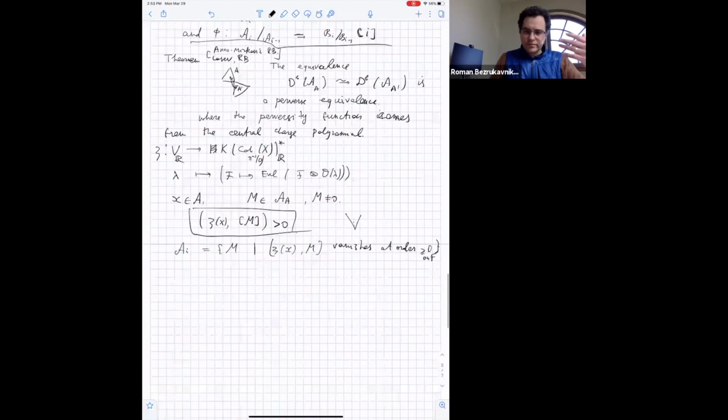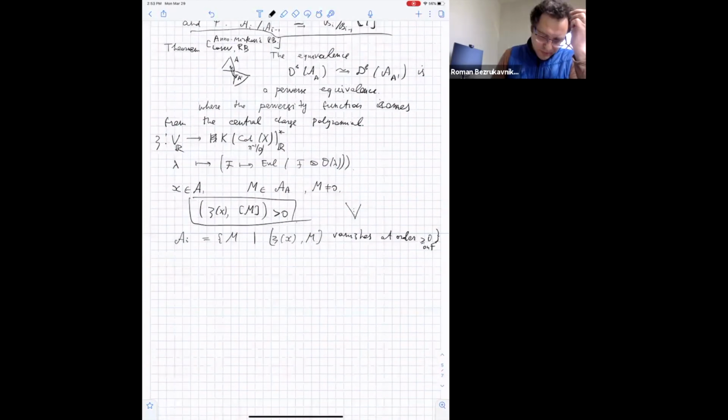So this is partly inspired by the theory of Bridgeland stability conditions, but it's